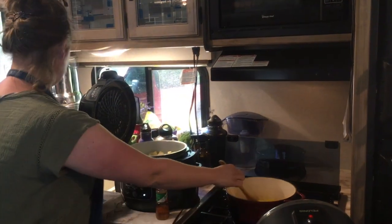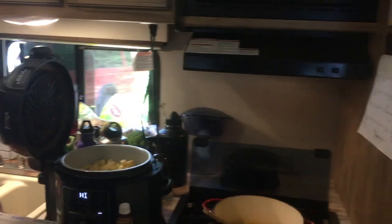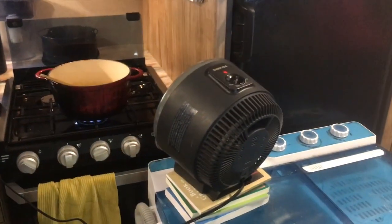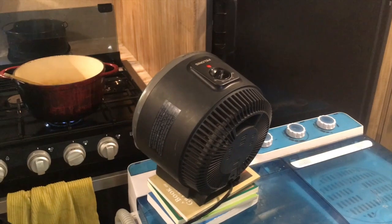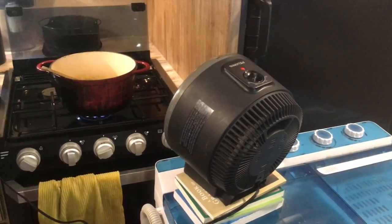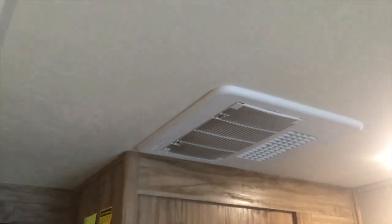So get some eggs going, another spatula. I have to show you here our ingenious little fan setup we've got going. We have 2 of these little heater/fan units we bought. We use the heater end of them during the winter, in the cold months. And then in the summer, they're good to add some extra fans. We do have AC in the trailer here, but